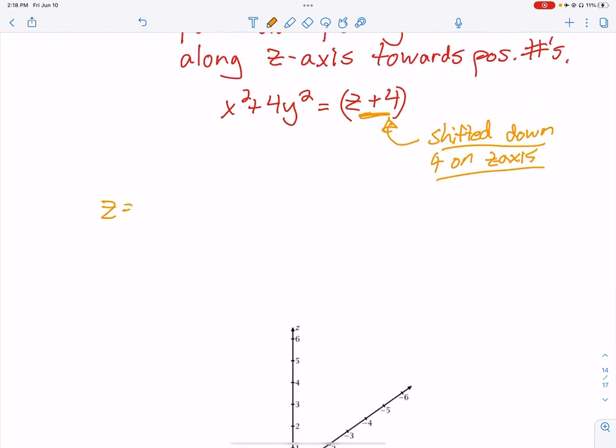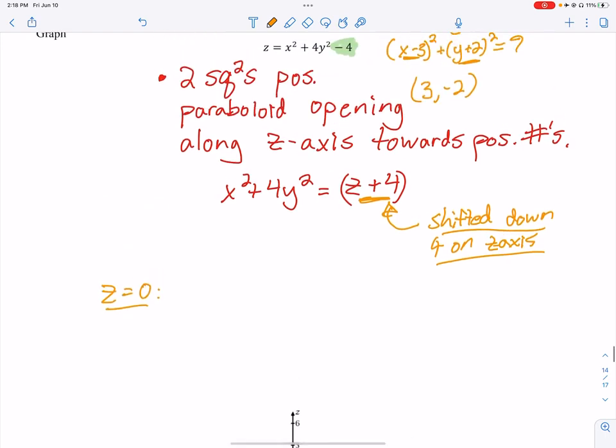It said we're going to let z equal 0. So if I let z equal 0, I get x squared plus 4y squared equals 4. When you're plugging things in, what you want to do is plug things in that make sense. You don't always have to do the same numbers. Just think about when I plug something into my equation, is it going to give me something nice? If it doesn't give me something nice, I don't want to plug that in. So the reason we chose 0 here is because we get that nice 4, and 4 goes both into 1